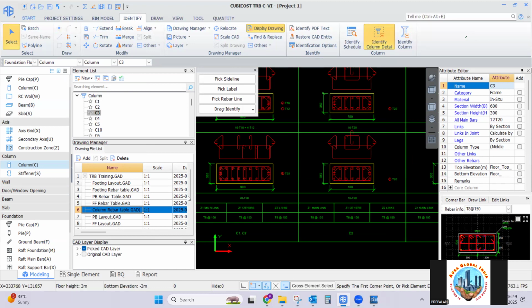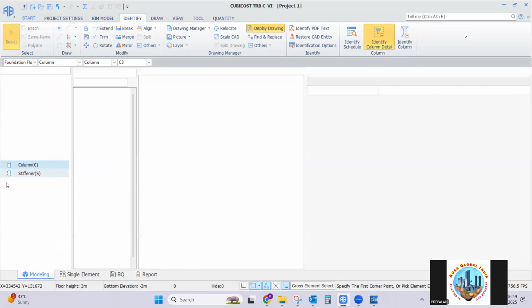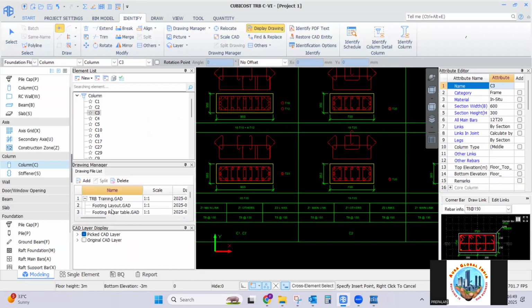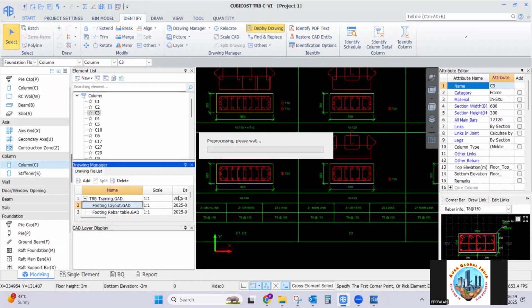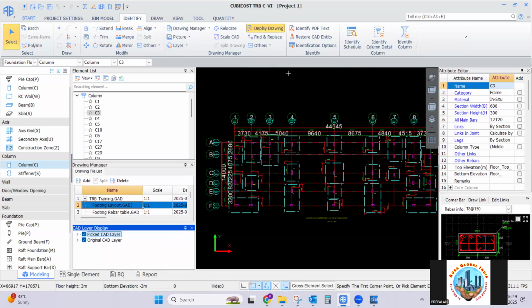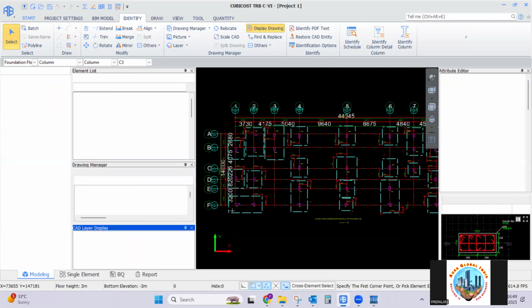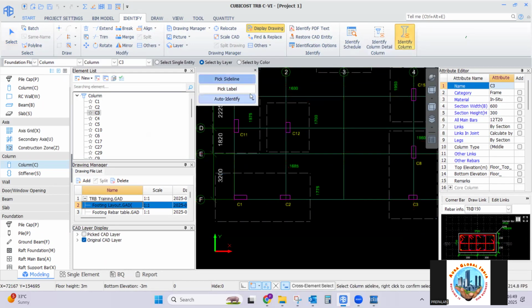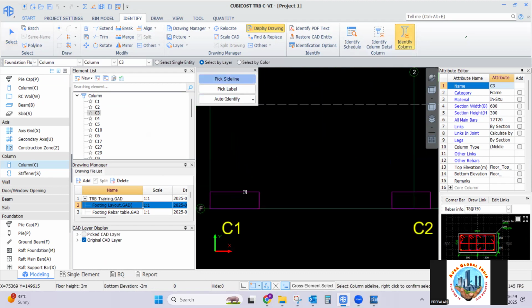Then after ensuring it, how to make it in the model? I should go to the column. Sorry, not column. This is definition mode. I should go to the footing layout. So columns are done. I need to place the columns into its appropriate location. So how to place into appropriate location? Here we have the identify column command, pick side line. So this is my column side line,